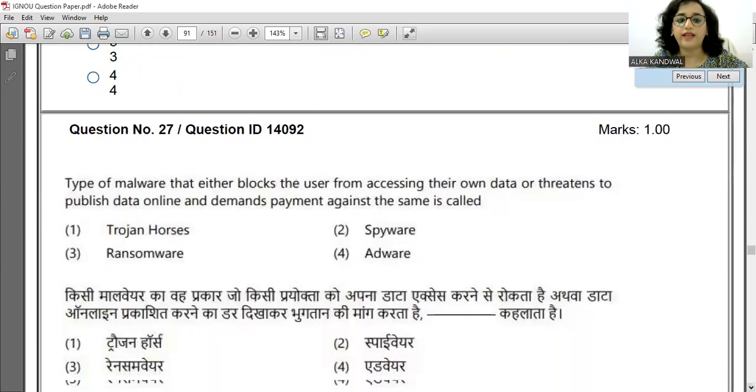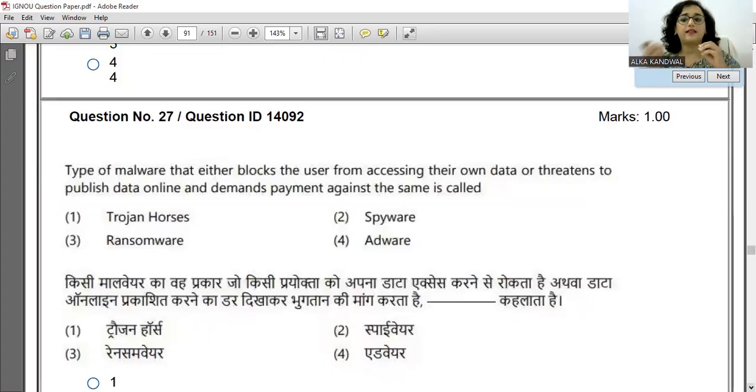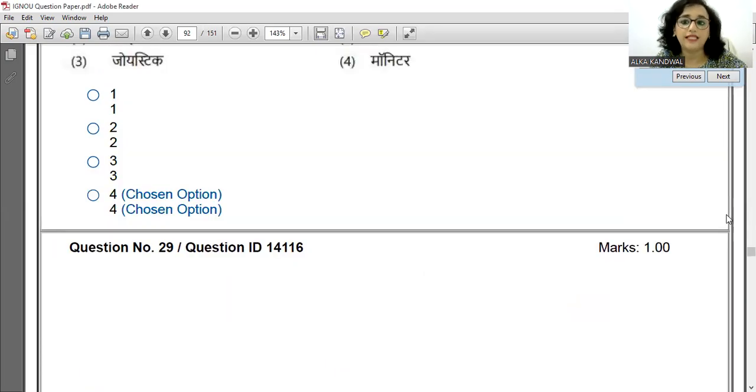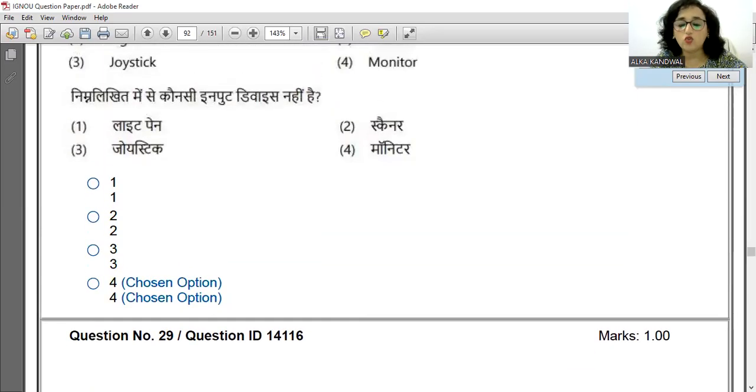27. Types of malware that either blocks the user from accessing their own data or threatens to publish the data online and demands payment. Whenever the demand of payment is there, that is nothing but ransomware. Is it not? So the answer to it will be option 3. Option 3 will be the answer, ransomware. Yes, so that is the answer to the question. Clear? So this we have done. पूरा वायरस और साइबर सिक्योरिटी के बारे में हमने अच्छे से डिटेल में क्लास की है। सो ये आप देख